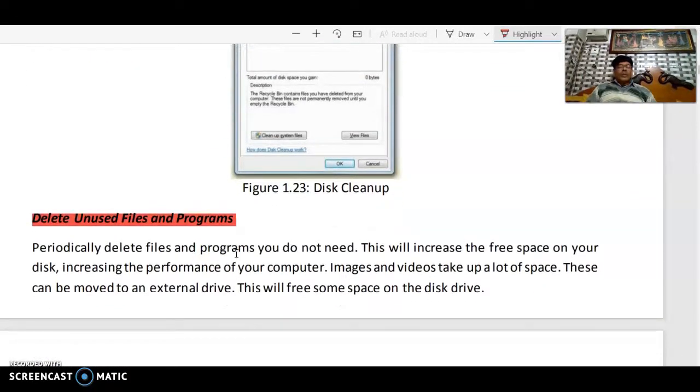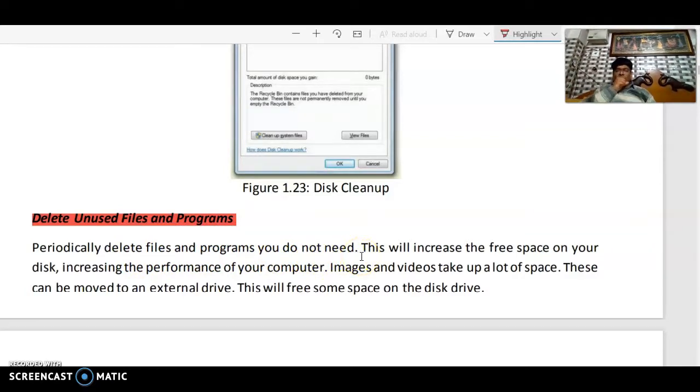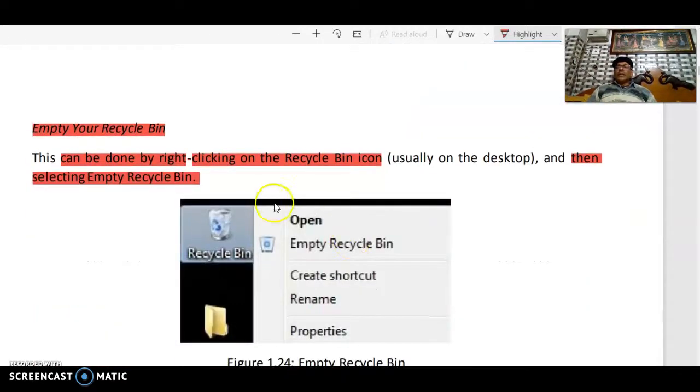Moreover, what can we do? Temporary files we can delete. Unnecessary programs which are there in your system, we can delete, unused files and programs. Periodically delete files and programs that we don't need, basically. Then empty your recycle bin also. From there also we can save some space. Emptying the recycle bin can be done by right clicking on the recycle bin and then selecting